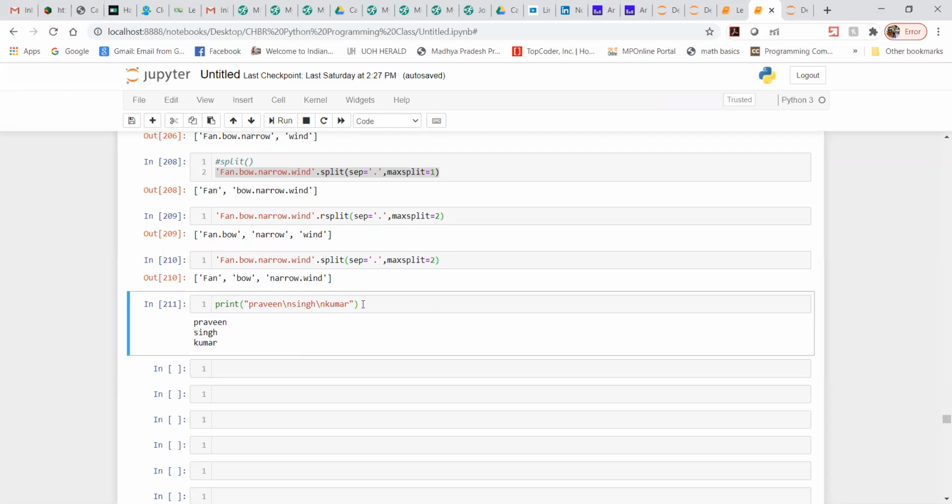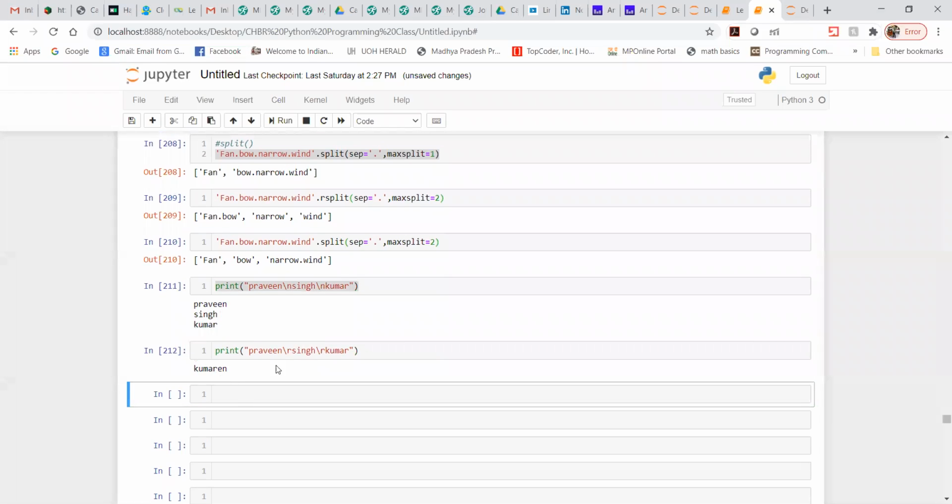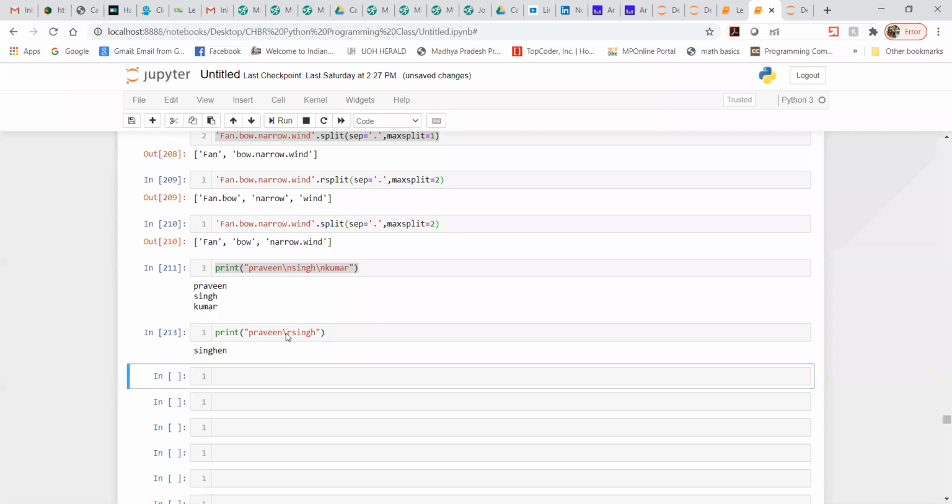In the same way, if we perform the same set of operations with an escape character, instead of backslash n I am going to use backslash r. Let's see what output we get. You may think, what exactly has sir done now?